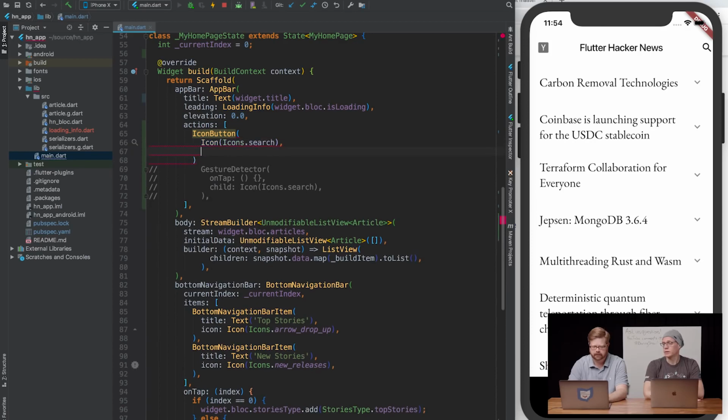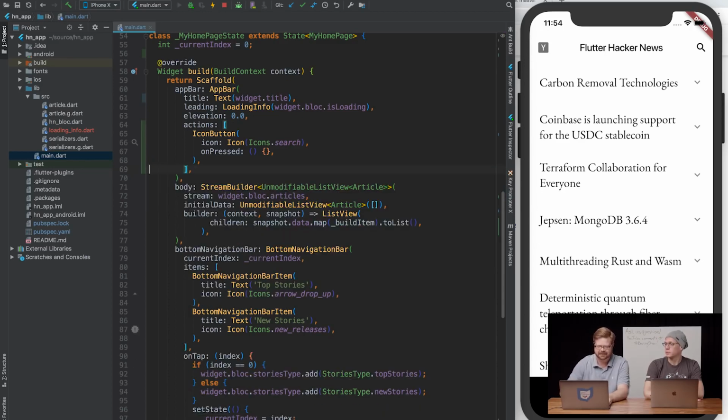All the other material-y bits. And I think this takes an onPressed like that. And it's yelling at me. What have I forgotten? Too many positional arguments? Icon. Like that? Icon. Okay. If you wanted to do double tap or long press on an icon, then you'd use gesture detector. Or dragging it for some reason. I don't know why you'd want to start a drag in one of your actions, but